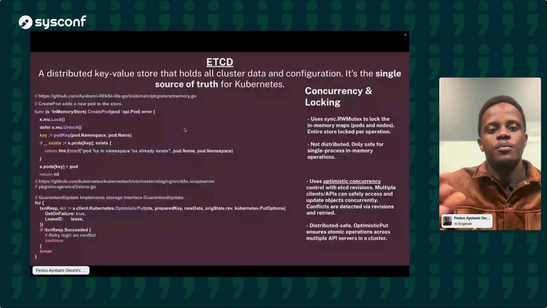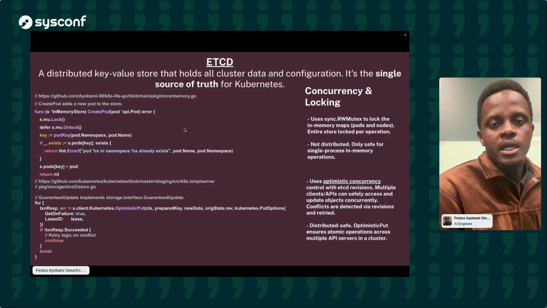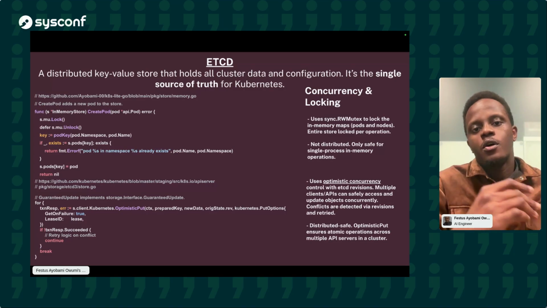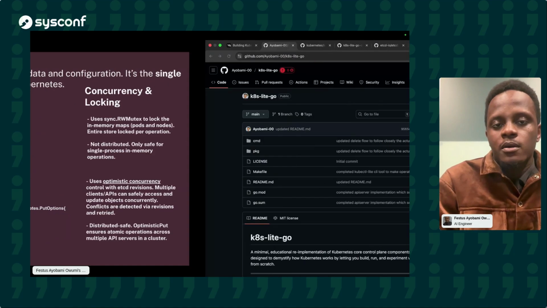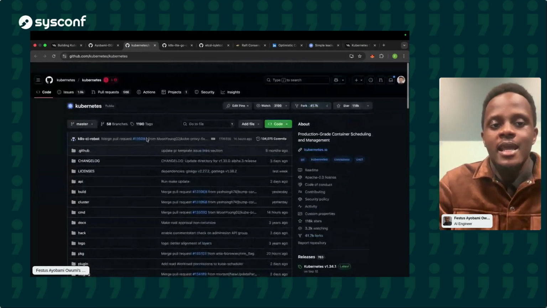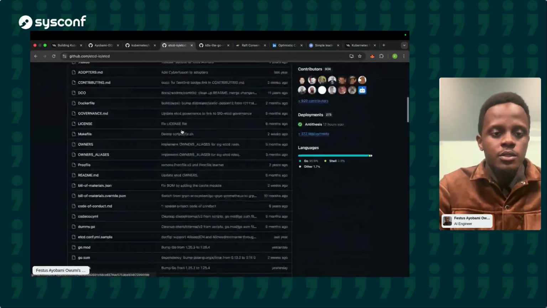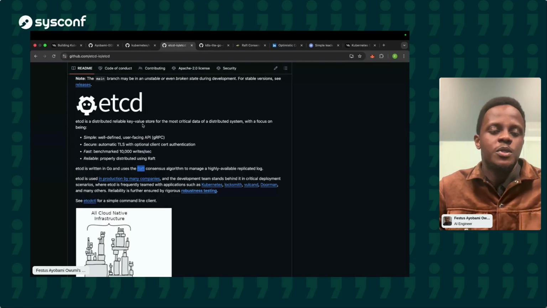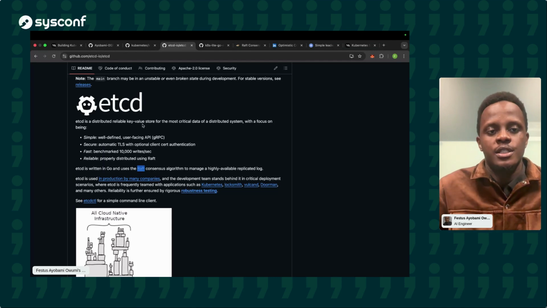But we're just going to do a brief summary, in the interest of time, of the simplifications that we did. Firstly, I said etcd is a distributed key-value store. It holds all the cluster data. One thing that's important to note is that etcd is not actually part of the Kubernetes project. If you go to the Kubernetes project, you're not going to see etcd anywhere. etcd is a separate project on its own. This is etcd here, a distributed, reliable key-value store. It's pretty much like how MongoDB is a separate database project, and then Kubernetes just decided that,